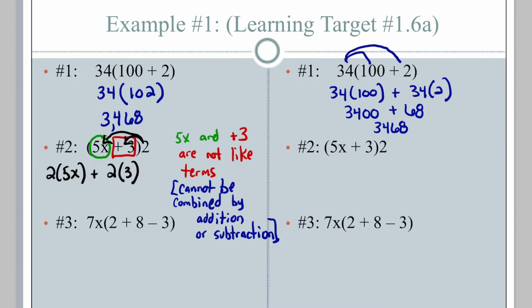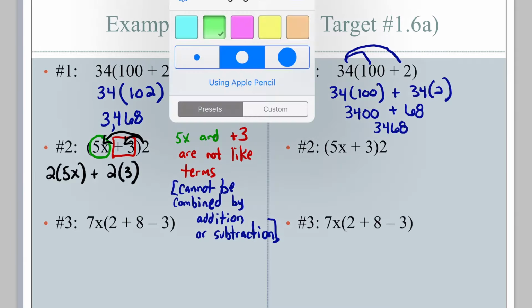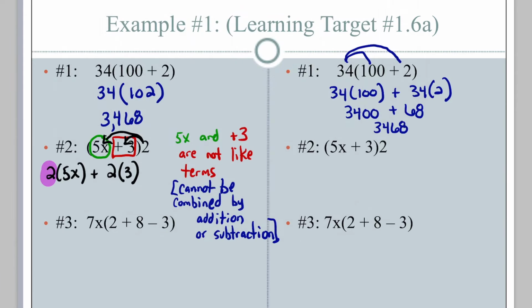Now, when we multiply the number 2 by 5x, remember the 5 is our coefficient. All we are going to do is multiply the 2 by the coefficient. So 2 times 5 is 10, and then the x goes along for the ride. We do not multiply that 2 by the x as well, because we have an implied multiplication already between the 5 and the x,